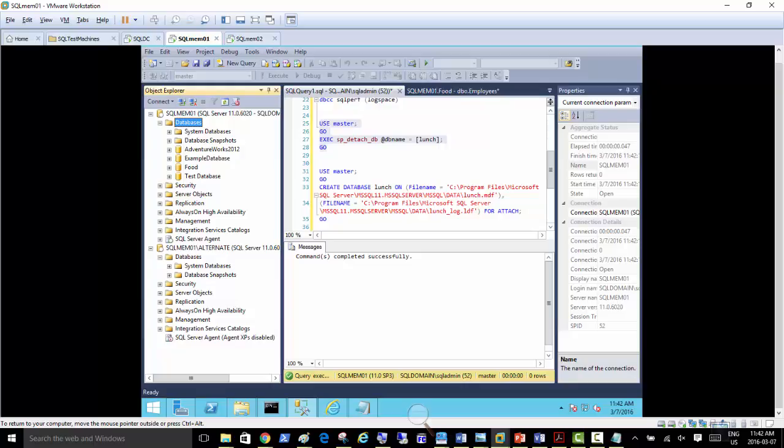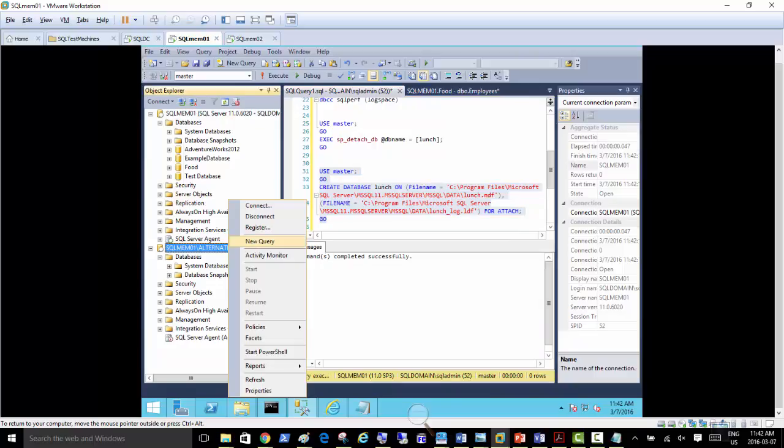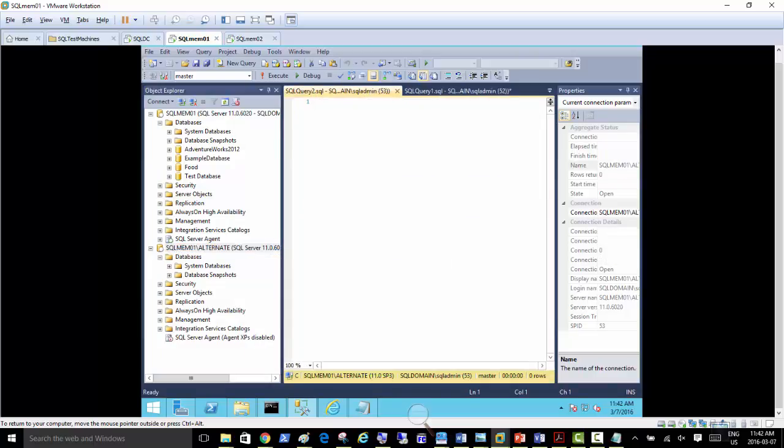If we are working inside the second instance, only then can we do that. So if I copy it and open a new query, right click the second instance, and new query. So this is a new query in the second instance.